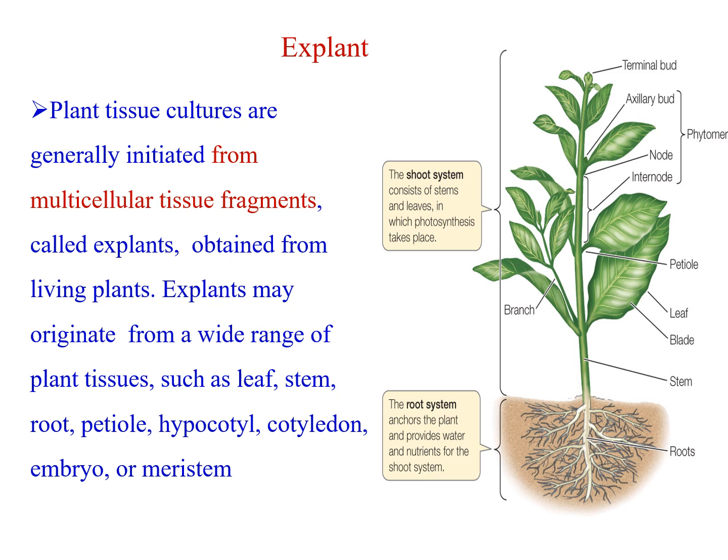In the last slide I mentioned the explant three or four times. The explant is the excised portion of a mother plant. Generally it is called a multicellular tissue fragment, called an explant. It is obtained from the living plant or mother plant. The explants may originate from a wide range of plant tissues such as leaf, stem, root, petiole, hypocotyl, cotyledon, embryo, or meristem, and so on. So the illustration shows